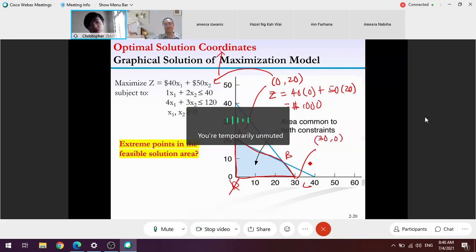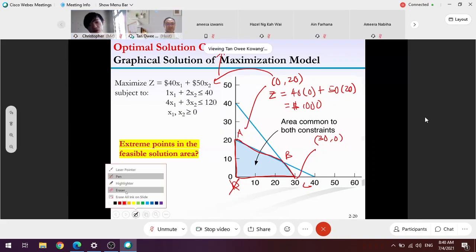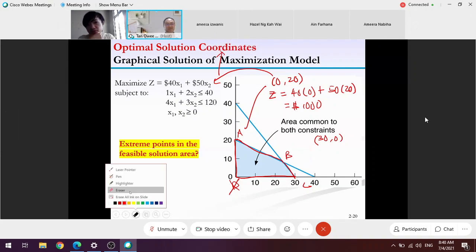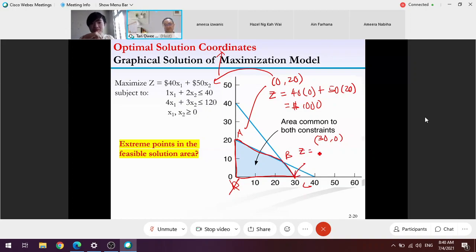So Z is equal to... it's in the slides, but I don't like to solve it. Z is equal to 40. I replace Z: 30 plus 50, 0. So Z equal to,